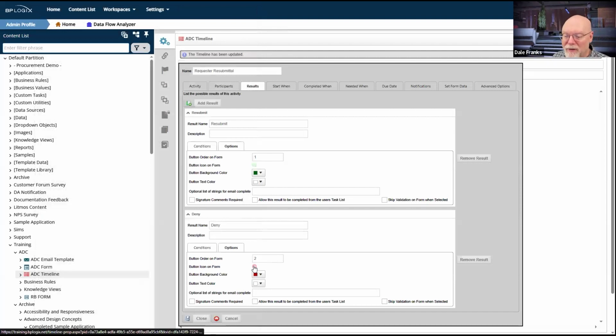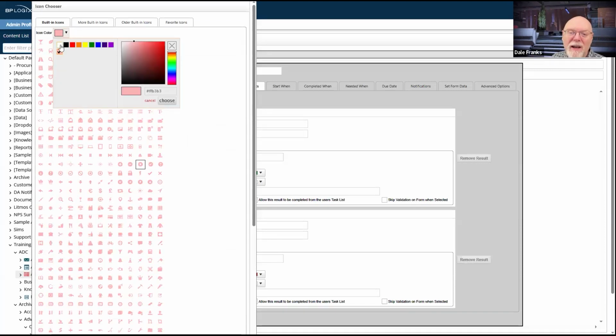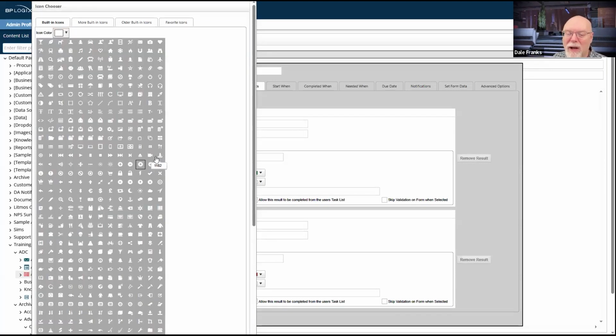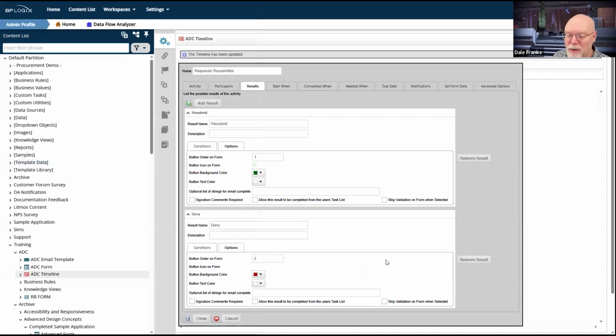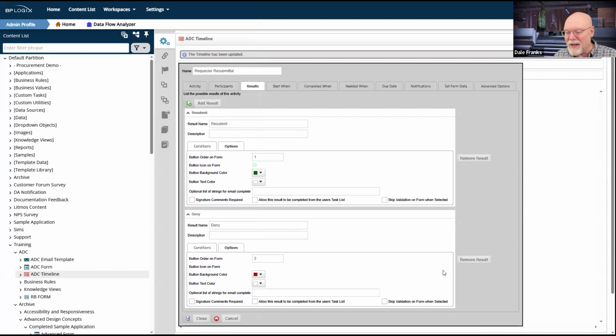Going with what I've done with these very light red colors or very light green colors, they're still kind of hard to see. This is really a matter of taste for you as a designer. I guess you'll just look at this and see that the icon is white. And if you want to see what icon you've used, you're going to have to click on the icon chooser to see it.